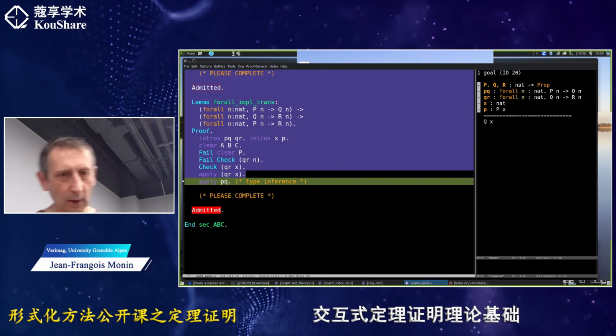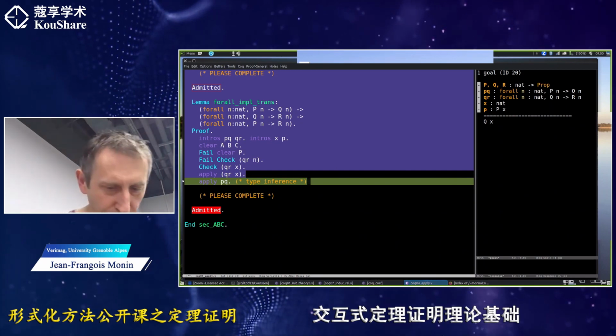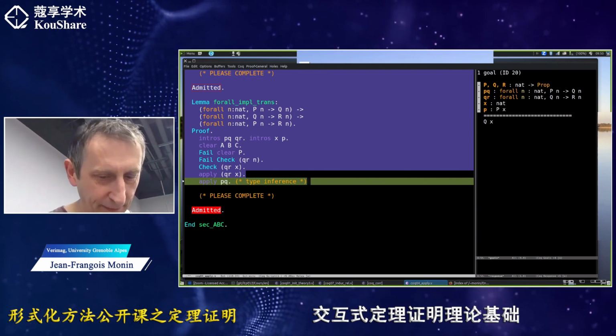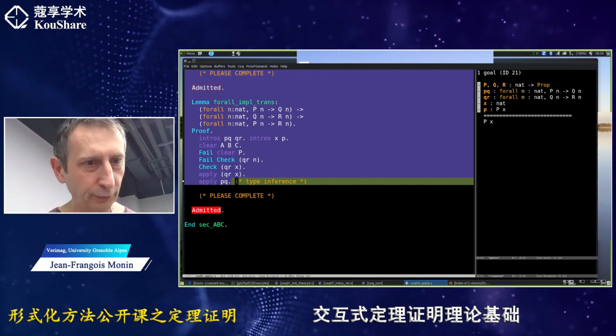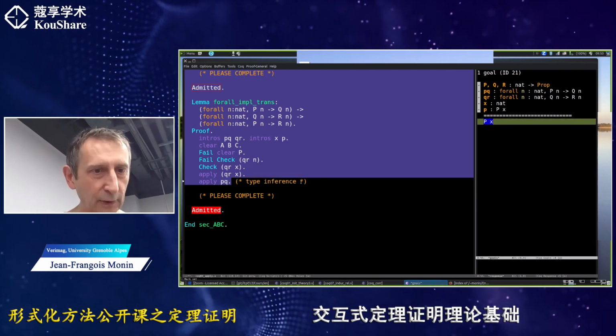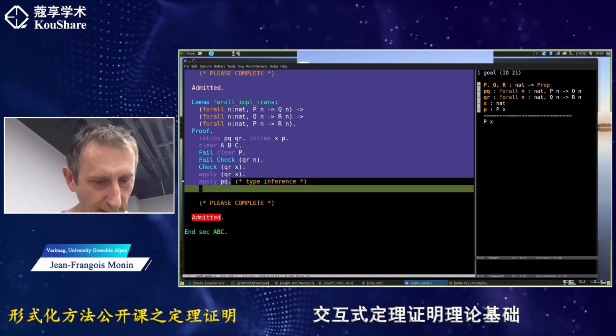I don't want to enter into all the details of type inference. It's just something like, okay, guess the right type, and Coq is able to do that, and you are left with exactly the same thing. So actually, if you look at